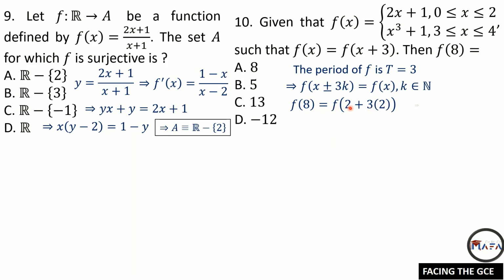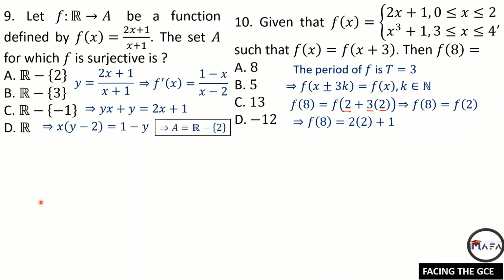Okay, so by the definition, this is the same as f of 2, because if we want to do a little comparison, we are just going to see that our x represents 2 here, our period is 3, and then our k is 2. So f of 8 is the same as f of 2. F of 8 being the same as f of 2, we can get f of 2 from the first function,